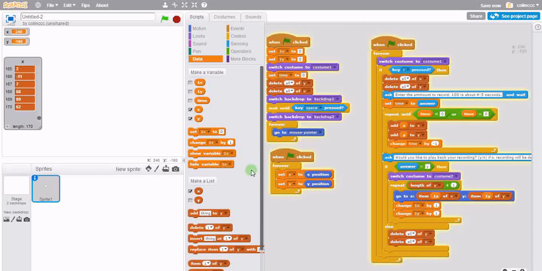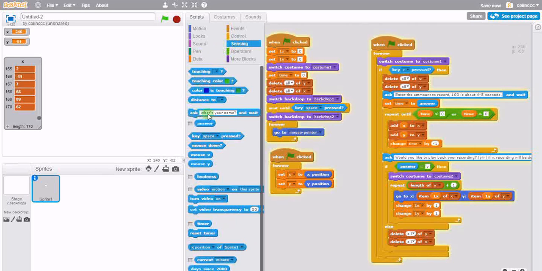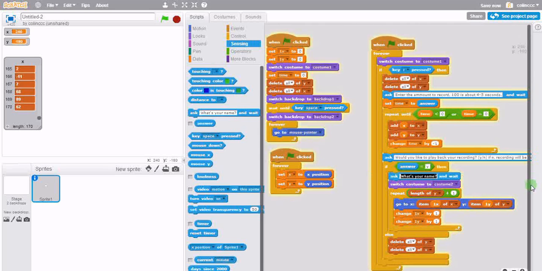I thought this was pretty cool, but I want to add one more thing. We're gonna have that, and then if the answer is Y, it's obviously gonna go on the next one. But what I want to do is ask, would you like to have a pen drawing? Would you like to make this a pen? Now we're just going to simply say